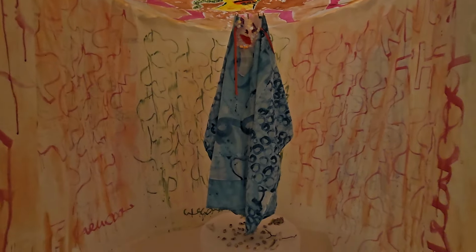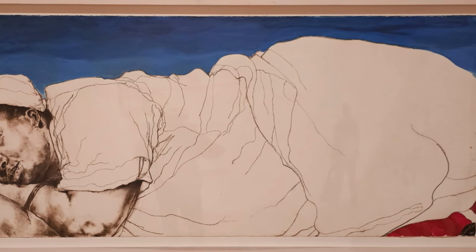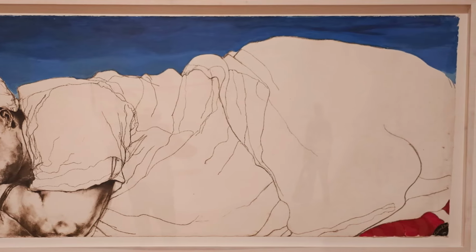She manages to combine both feelings when looking at them. And it's really important to remember as well that these works are not like a sitter sitting down. They don't represent individual people, but they're part of a much bigger story, lifted out of their original context and repositioned. Johnson decontextualizes her sitters according to the exhibition, and she thinks of this as a way to signal that black people have existed in the past, exist now, and will exist in the future, that we belong to